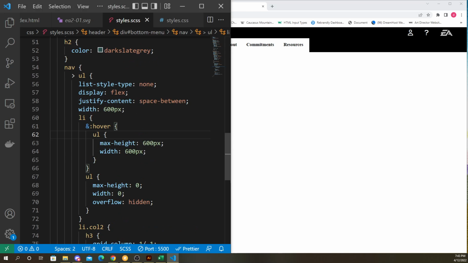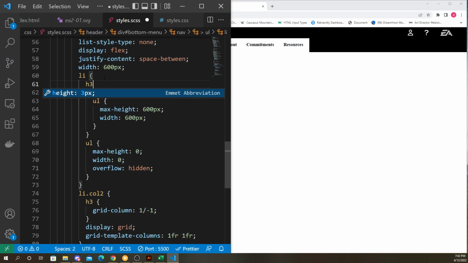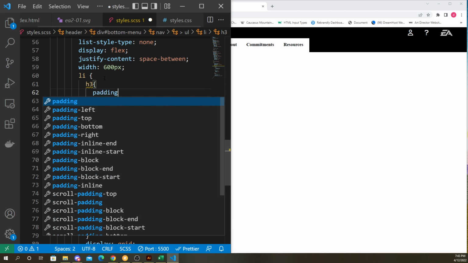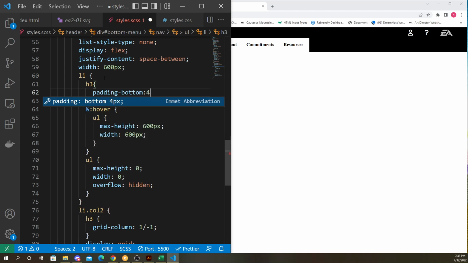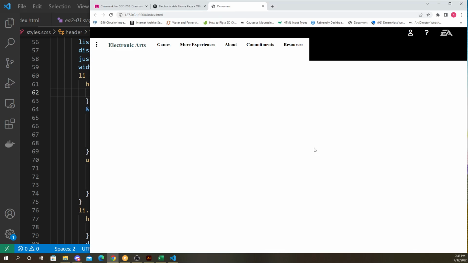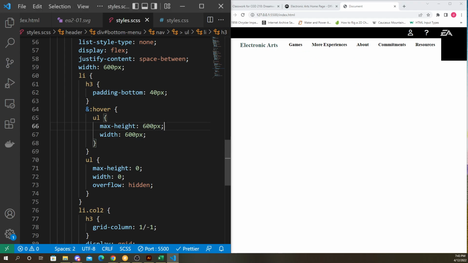That's the H3 inside nav ul li, so H3 padding bottom, let's say like 40 pixels, good amount. Oh, no, if we do that, then I forgot that's gonna make this grow taller. So instead of padding bottom on the H3,